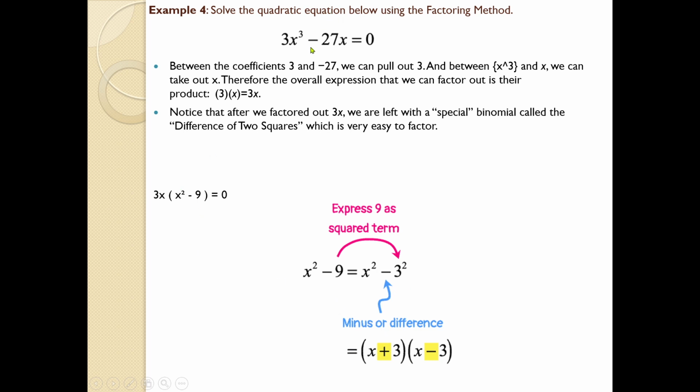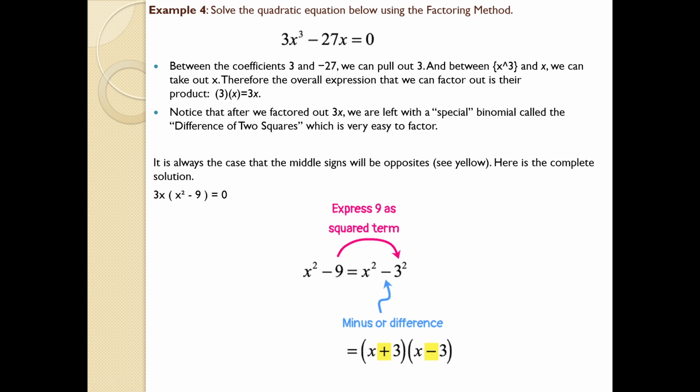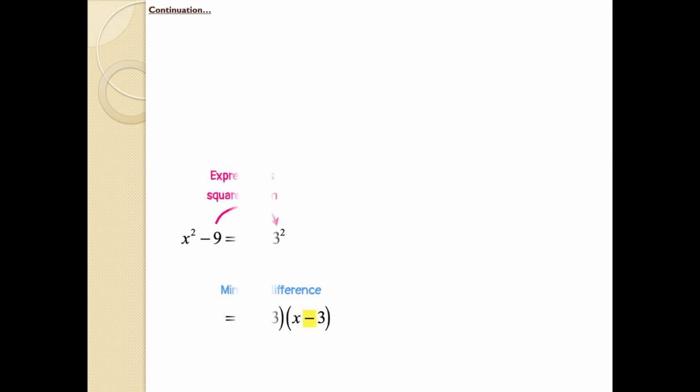So anyway, 3x raised to 3 minus 27x equal to 0 can be simplified as 3x into x square minus 9 equal to 0. So how are we going to solve this one? Let us go through that. See, these were the steps which I mentioned earlier. It is actually the basic math identity, a square minus b square. Then only you will get the answer a plus b into a minus b. So we have simplified the question in these two different steps.